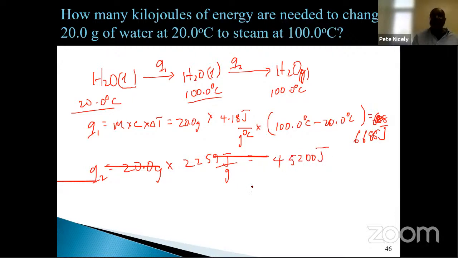joules. All right. And to get the total Q, or QT, which is the total heat change, that's going to be 45200 joules plus 6688 joules. Let me work that out. That's 45200 plus 6688. So according to my calculation, this works out to be equal to